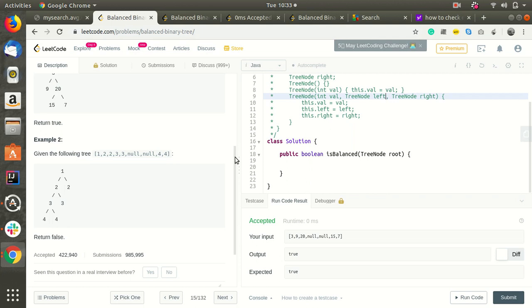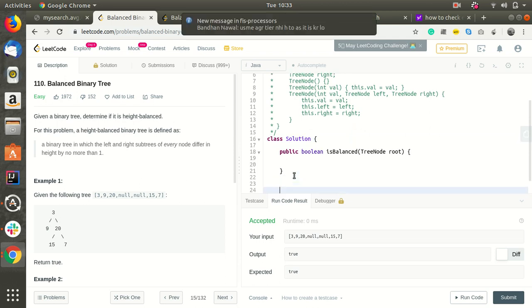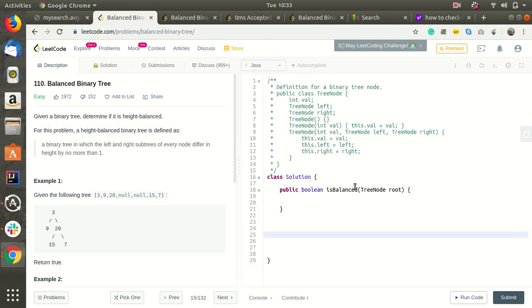So how to do this? The first thing we will do is find out the height of the subtree. For that we will write the logic. public int getHeight, so this function will give the height of a tree, taking a TreeNode root.